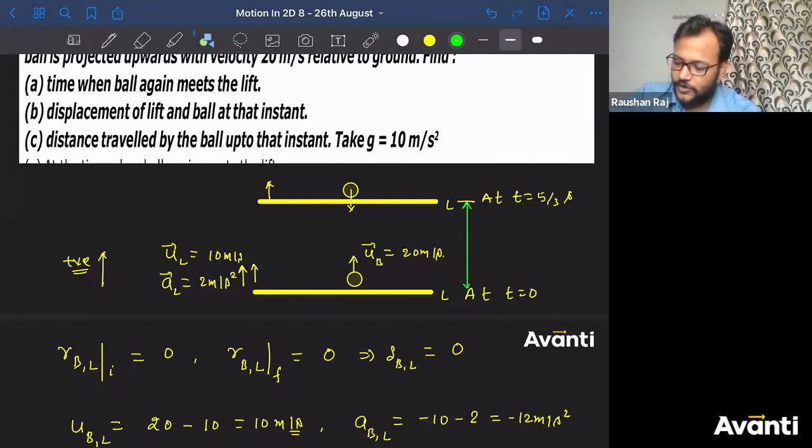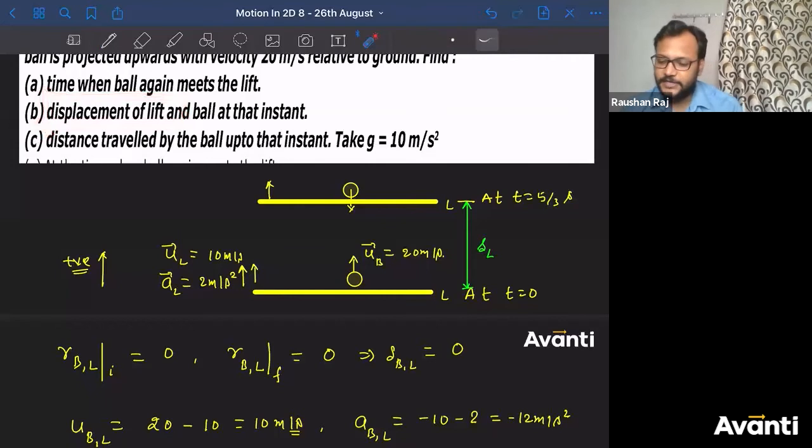अरे 0 क्यों बोल रहे हो भाई? भांग खा के आए हो क्या? This is the displacement of the lift. Hey Manoj, मैंने क्या पूछा? What is the question? Displacement of the lift. Initial position of the lift is this one. Final position is this one. Is displacement 0 here?